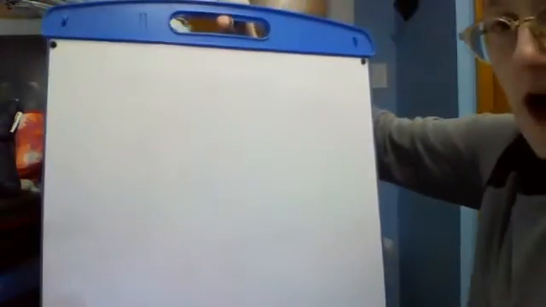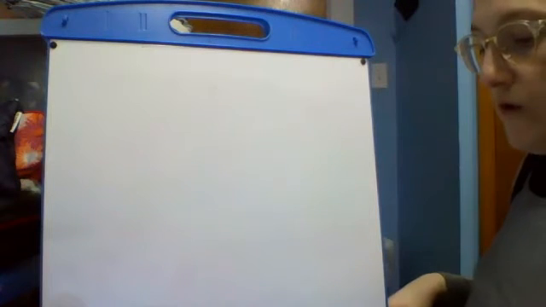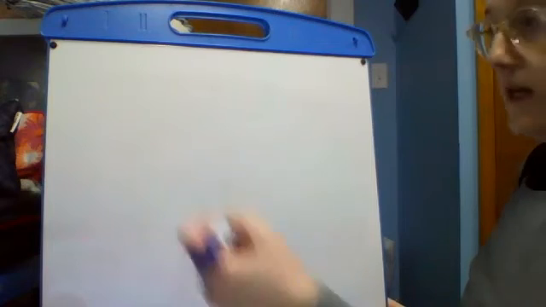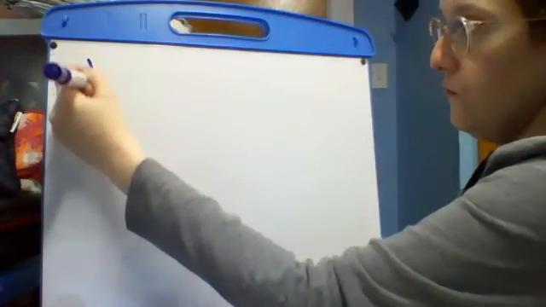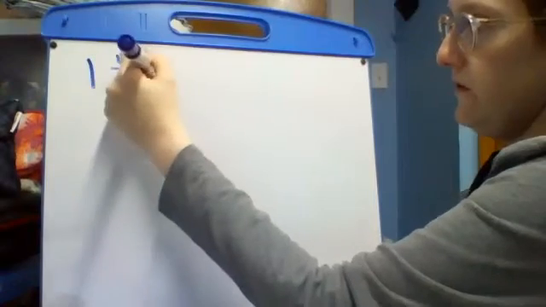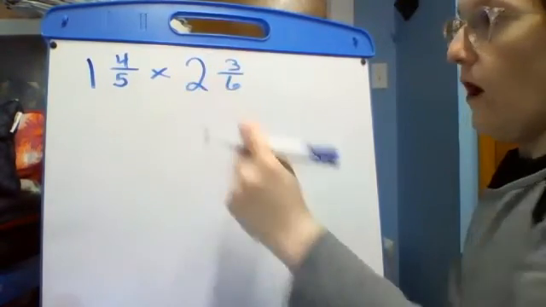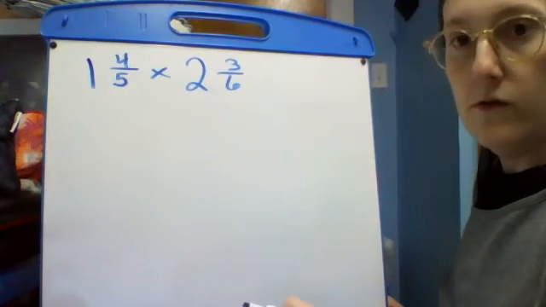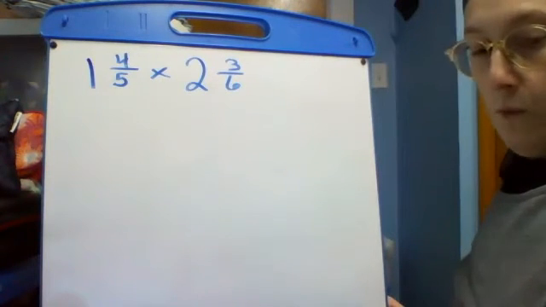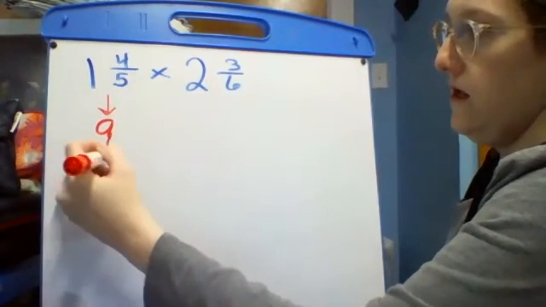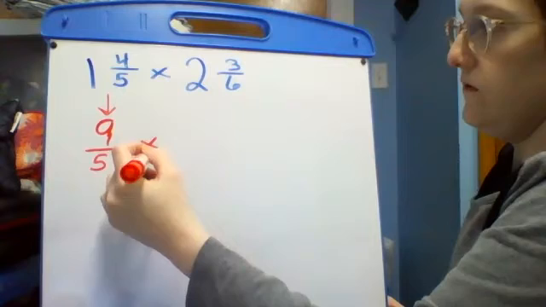Now, I want to try it with you again. This time, I'm going to try something a little bit different. I want to show you how you may end up with really large numbers and how you could try to avoid it. Let's say my number now is 1 4/5 times 2 3/6. So on your own, first change them both to improper fractions. When we do that, we get 9 fifths times